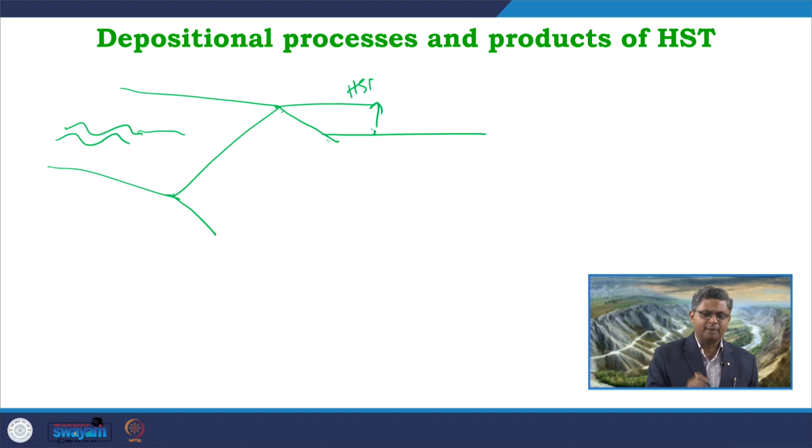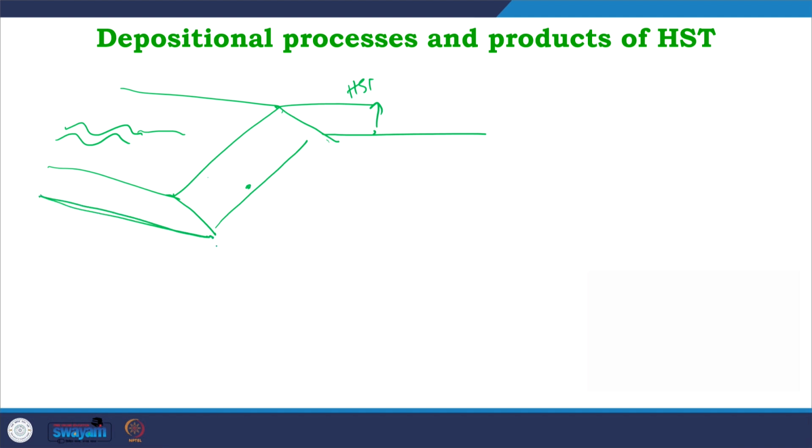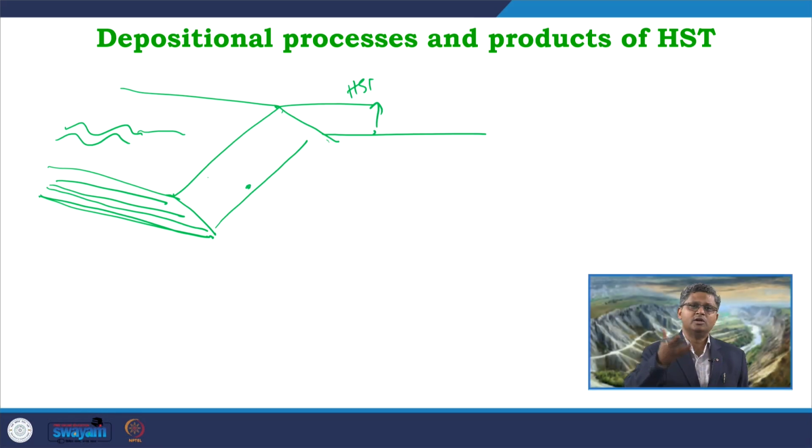So, it is rising up. Initially the river was somewhere here, supplying sediments over here, and maybe this is the end of the transgressive phase, the end of the TST. At that time the river system which was here is gradually aggrading up, showing vertical accretion, showing an aggradational pattern.